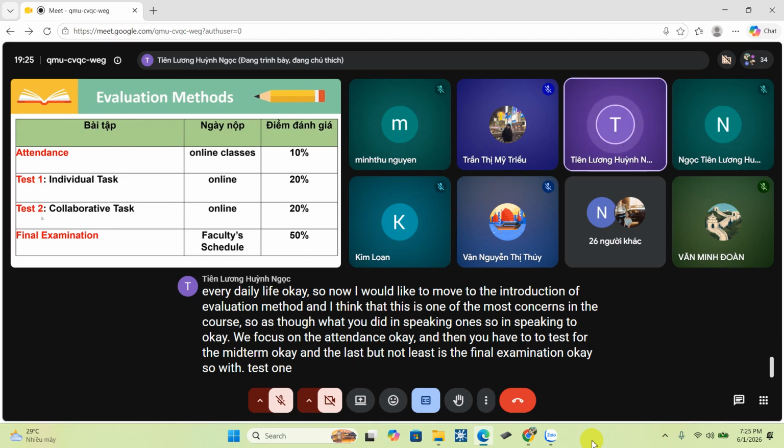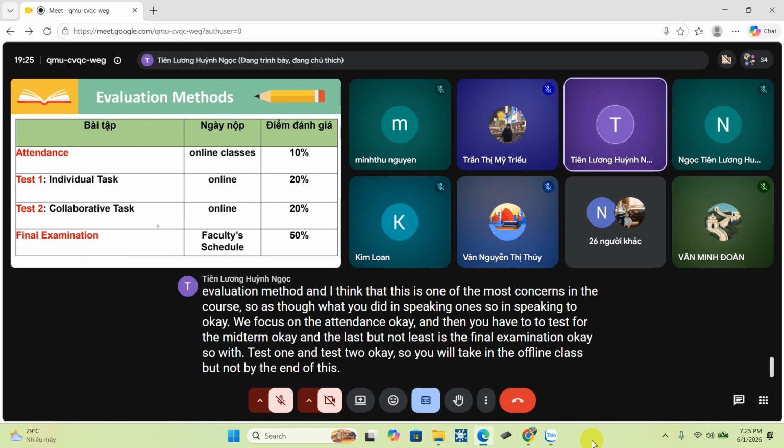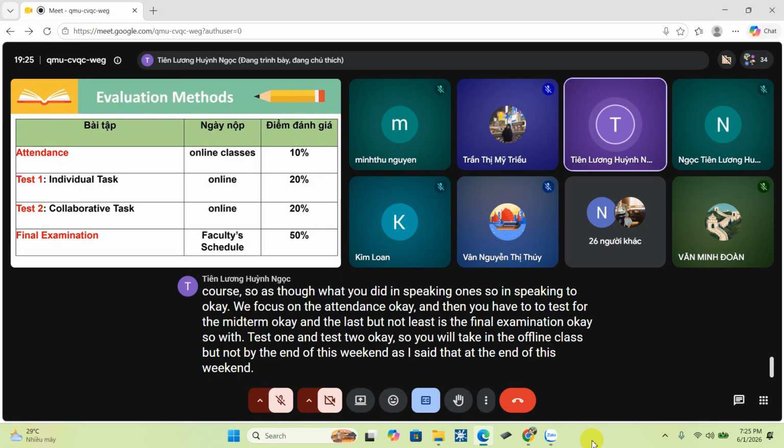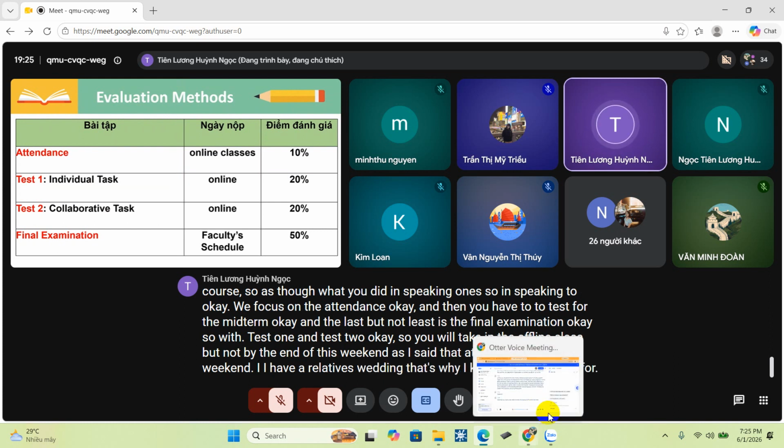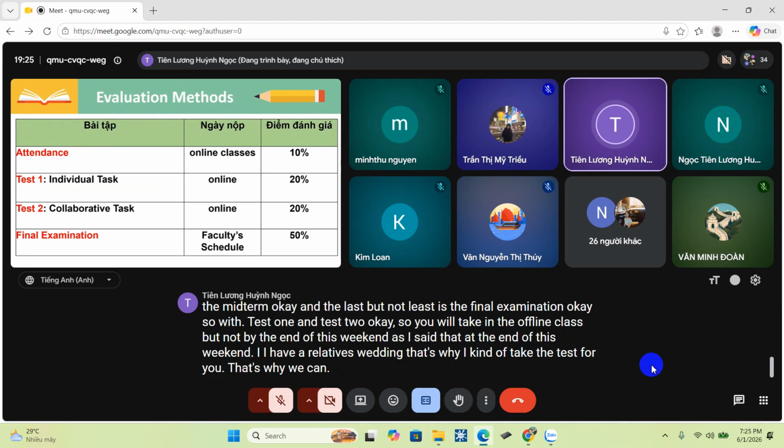Test one and test two, you will take in the offline class, but not by the end of this weekend. As I said, at the end of this weekend I have a relative's wedding. That's why I cannot give the test to you. That's why we can change the schedule. And as I see